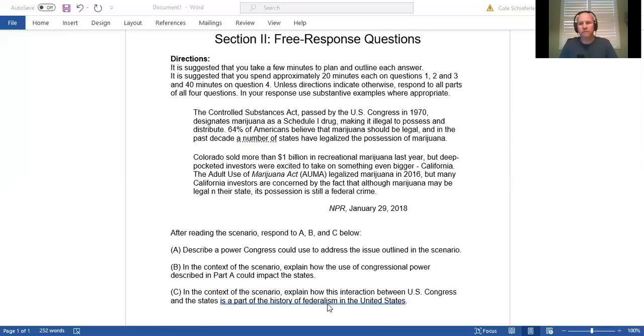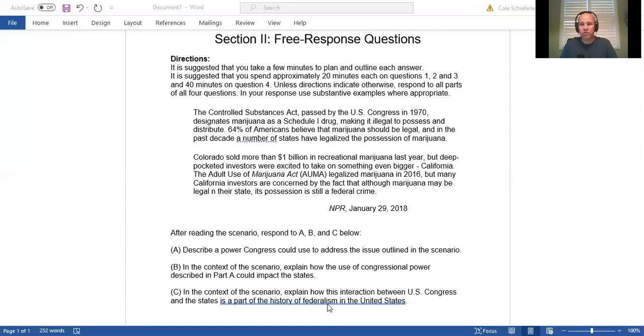You should define what federalism is, because we have to assume that the reader doesn't know what the definition of federalism is. So the very first thing you should do is federalism, which is the shared power between the federal government and state government, or the distribution of power between the federal government and state government, is shown here because of blank, blank, blank. But you're going to give the definition of federalism. Anytime you actually use a vocabulary term in your FRQs, I want you to define it and assume the reader doesn't know what that word means. Okay? So anytime it comes up, if you get an FRQ about due process, you better define what due process is.